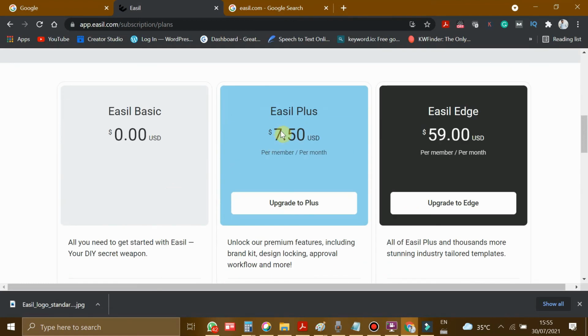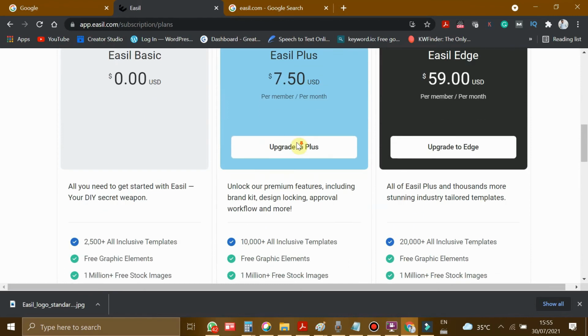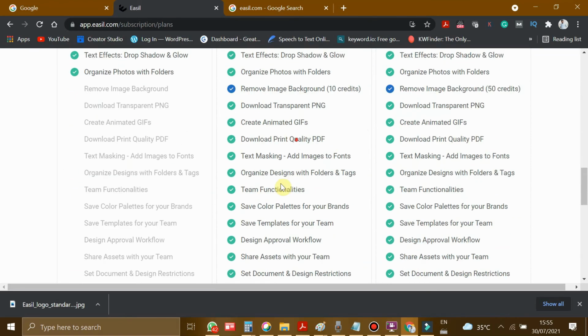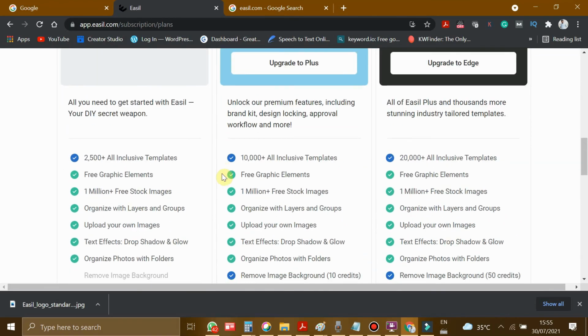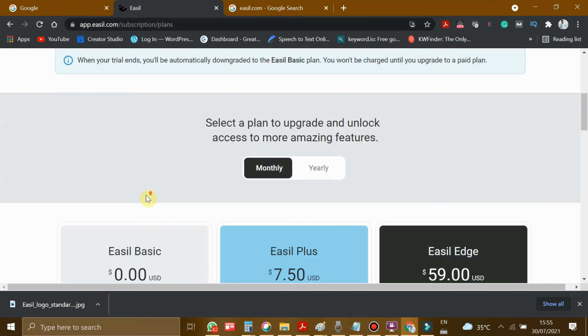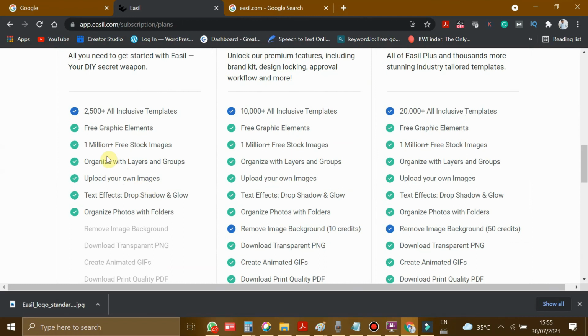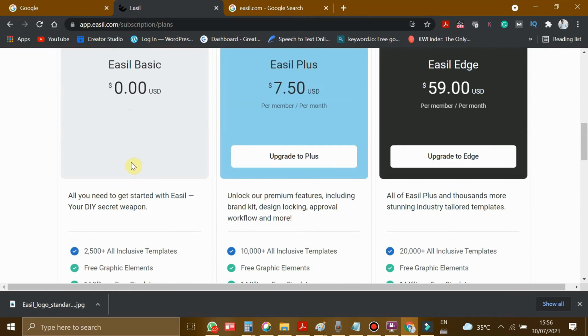If you go for Ezel Plus, it is $7.50 per month, and it has some additional features. But Ezel Basic is more than enough to meet all your designing needs unless you are a company or an enterprise. I basically use Ezel Basic, and it is very easy to use, and you also get all the features required to make a good design.